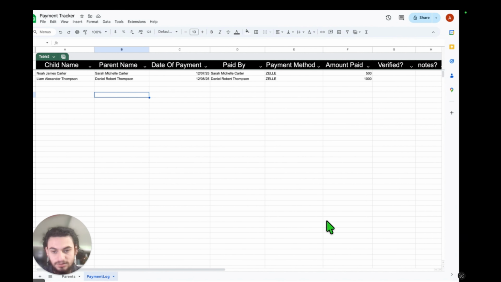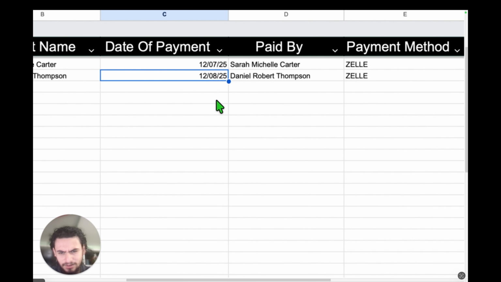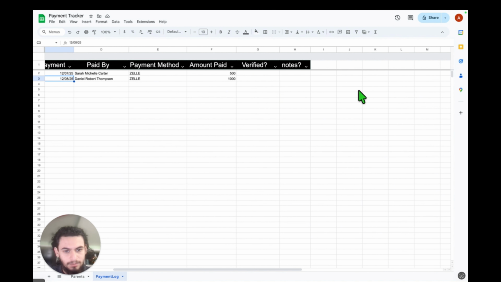Workflow executed successfully, and it added another row. Liam Alexander Thomas is the child's name. Daniel Robert Thomas is the parent's name. Date of payment. Now here you can see they paid on a Saturday, one day after Sarah paid. 1207, 1208. Now this is where that notes come in handy, because